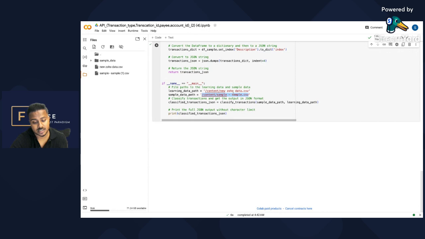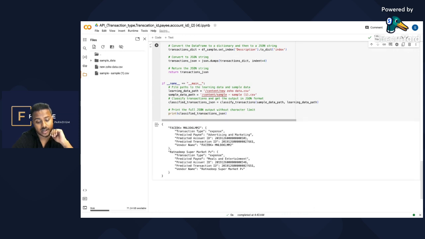And we are going to ask the model to predict the expense and the type of account, the category of account, that it is for these two transactions. So let's run that right now. And boom. So you have it here: Facebook as an expense, advertising and marketing, and Ratnadeep as an expense under meals and entertainment. And so you can take this JSON context and apply it directly into the Zoho